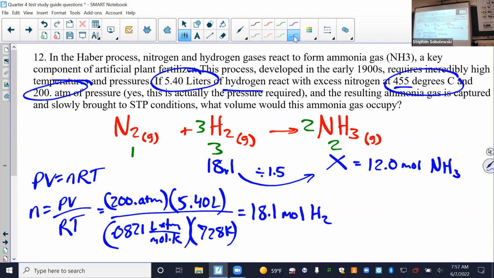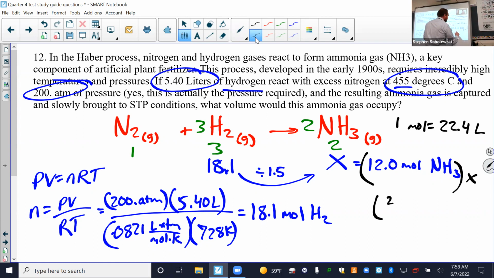The easier way to do this is to just say, if this many moles doesn't change and it suddenly becomes STP, what is this many moles going to occupy at STP? And we can actually use a shortcut here. Remember, on the front of your answer sheet or your reference sheet, you have 1 mole of any gas is 22.4 liters. This is only true at STP. We can just use what I call the STP shortcut. You can just multiply this by 22.4 liters per mole. And this is going to give you